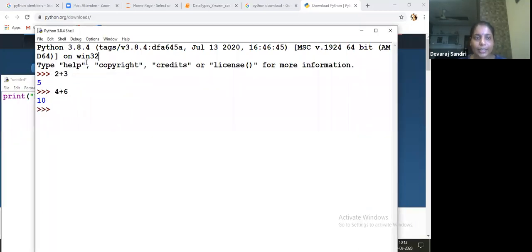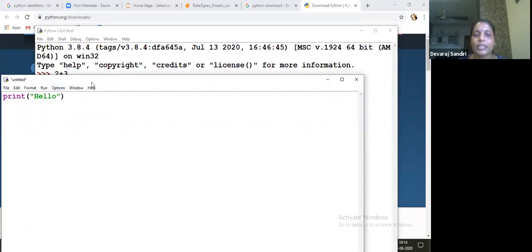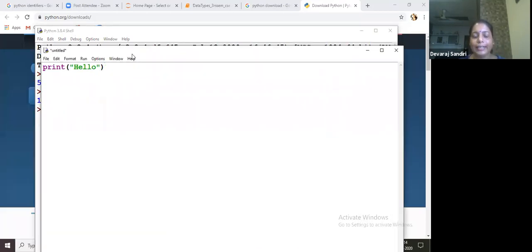What I wrote first is our interactive mode directly. No need to save, and after deleting you will not get this data. But in scripting mode, you will get the data in future in your local drive. All the data will be saved in your local drive.